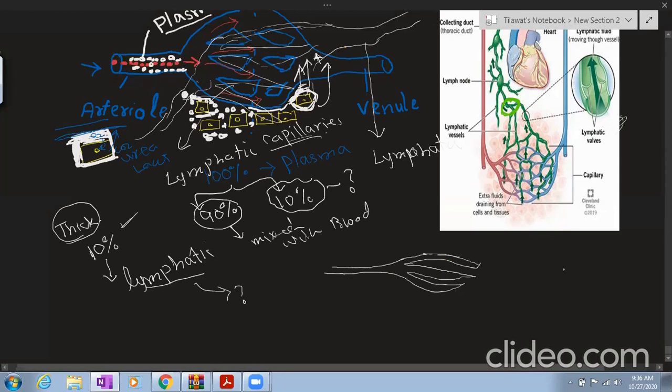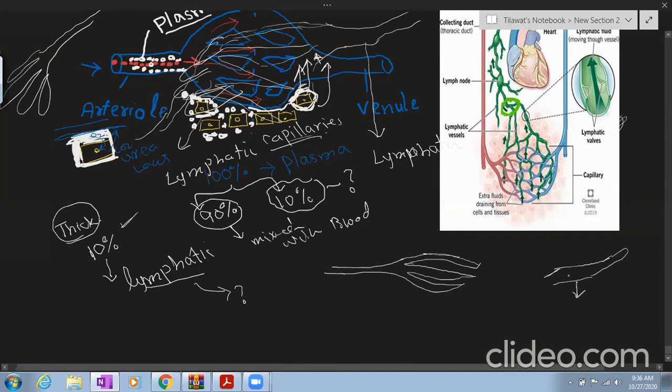So these lymphatic capillaries, from one end, you can see here, the ending of the lymphatic capillaries is blunt, okay? From the top it is blunt, and then it opens to what? Lymphatic vessel. You can see here, it is like lymphatic capillaries, and they form what? Lymphatic vessel. So our ending is blunt, right? Not open.